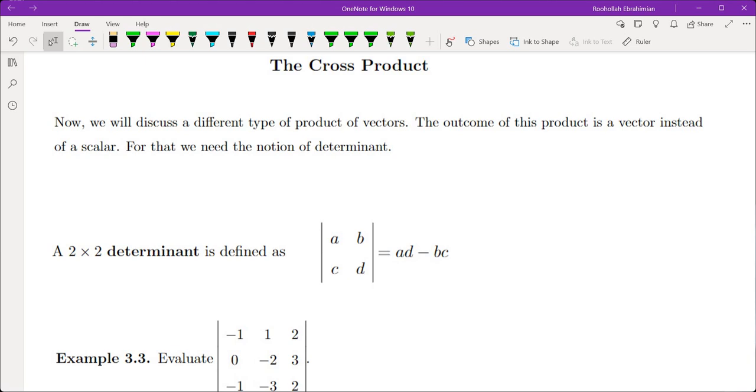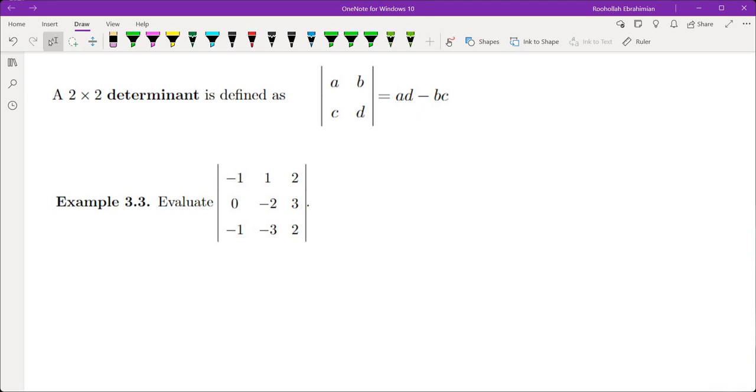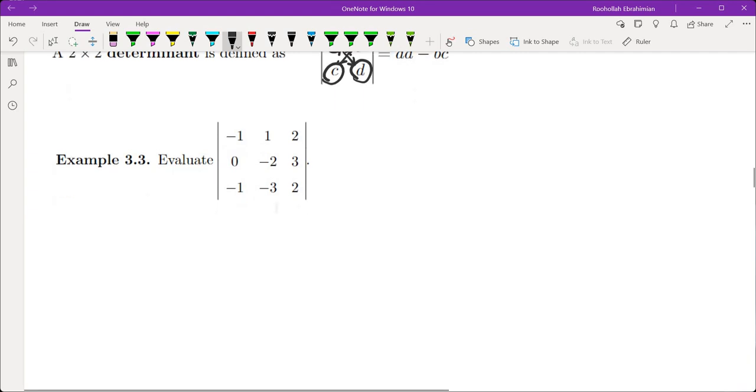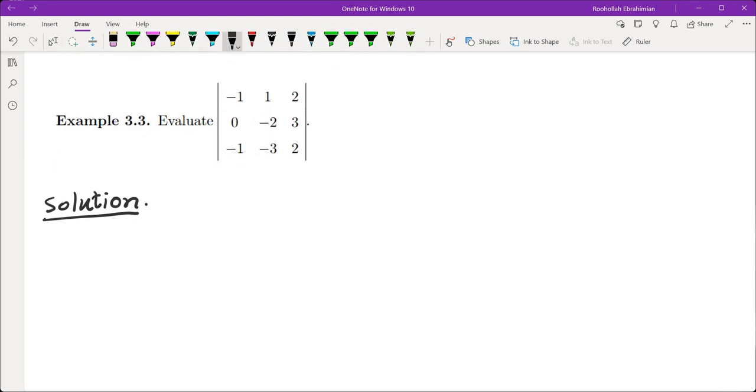Now, we will discuss the cross product using a concept called the determinant. A 2 by 2 determinant is defined by: you take a multiplied by d and then b multiplied by c, and then you subtract them. How do we find 3 by 3 determinants? Well, there are a couple of different ways of evaluating 3 by 3 determinants. If you are familiar with other methods, you could use those. But really, the only method that you need for this class is this method. If you want to evaluate a 3 by 3 determinant, which is going to be really useful in this class,